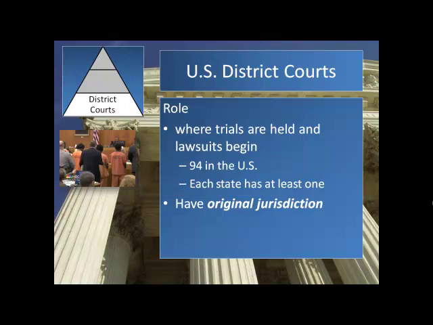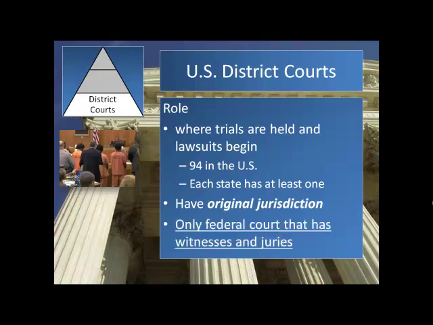What you will see through this PowerPoint is a couple of terms come up, so you can see that we're going to have to identify different things for the test. One is going to be the different types of jurisdiction or authority. Original means first. So in other words, only the federal court has the witnesses and juries. This is the trial where you actually prove whether somebody did it or not. So everything that you're used to seeing, a judge, a jury, if you think Law and Order, all that kind of stuff,